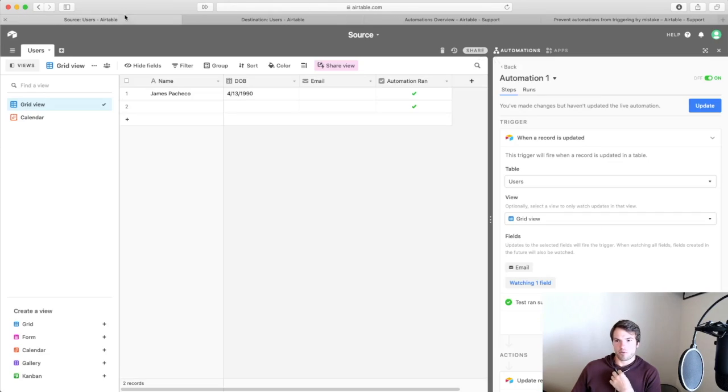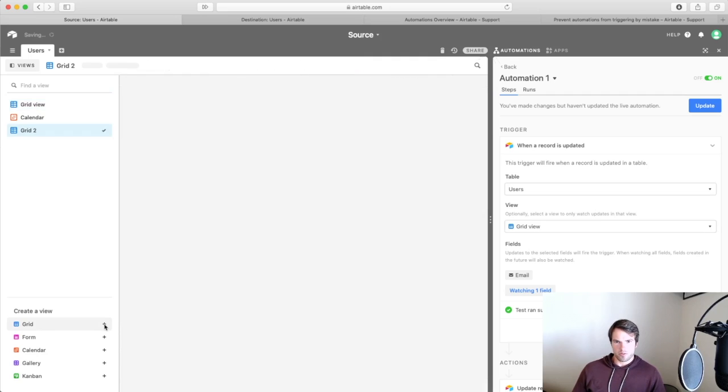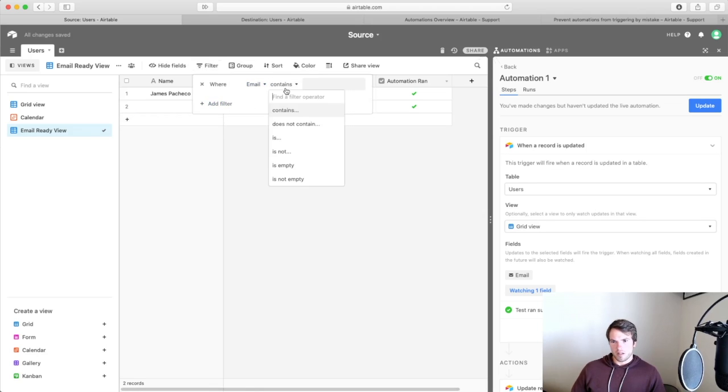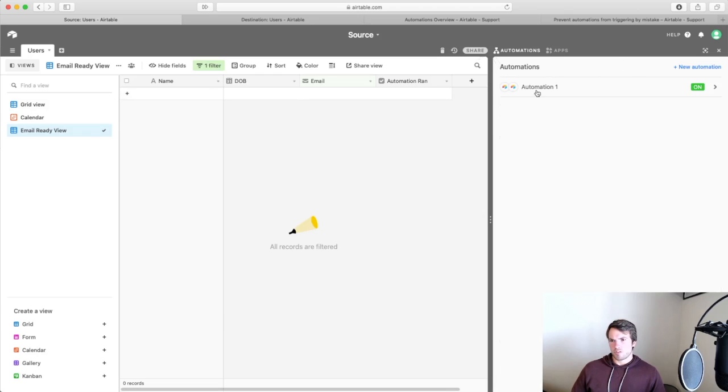So you would make sure you're running only from a specific view, it looks like. So when a record is updated in a given view, it could be like: create a new view, email ready view, and then filter by email is not empty. And then we're only going to trigger